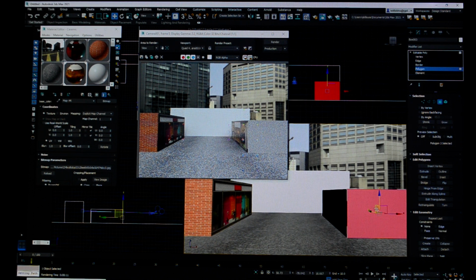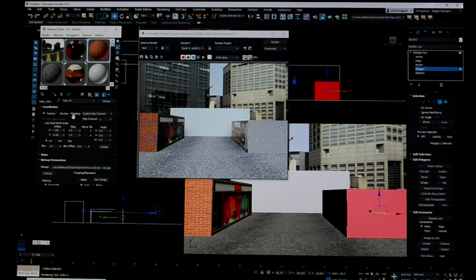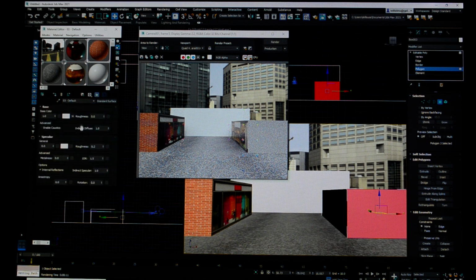I'm then going to click on, while I'm still in my polygon mode, I'm still going to stay on polygon. I'm going to select this face. And then I'll show you how I did this one, I'm going to apply the brick. I attached it right here, clicked on it right there, and attached the brick to this material. Let's do a different brick for this space, just to make it more eclectic. Okay, so I'm going to go to this one, right here, pick a map,